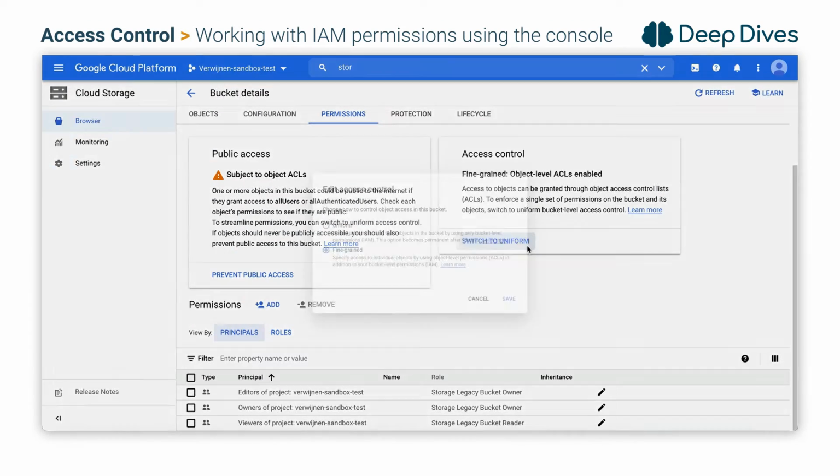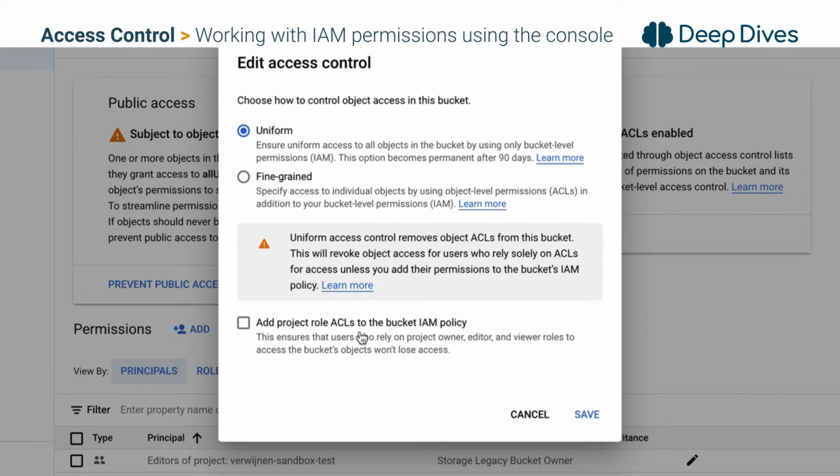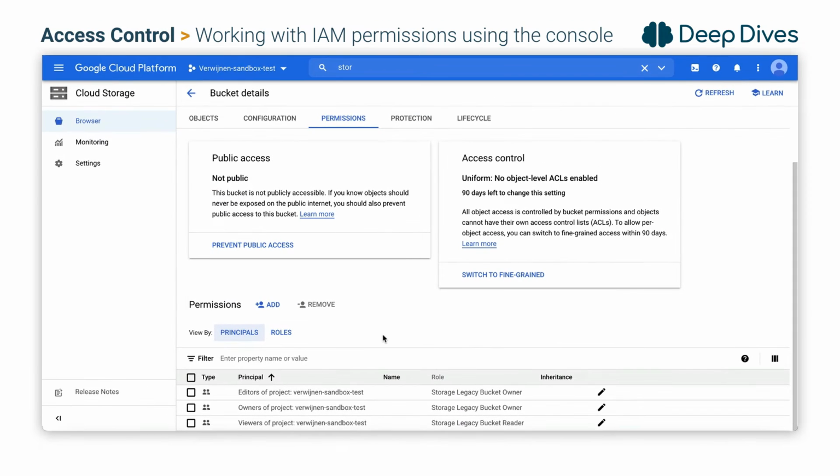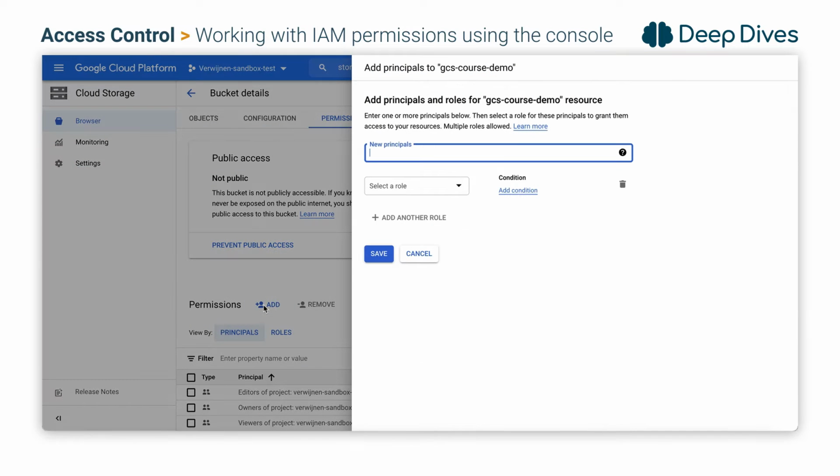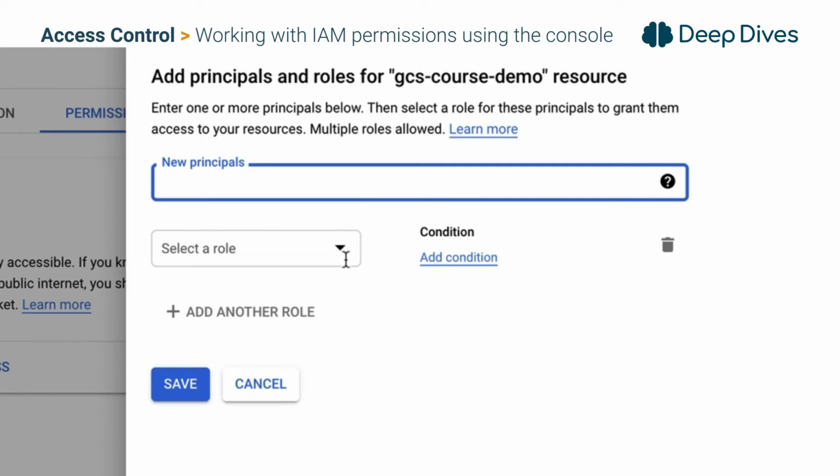So I'm just going to quickly switch over to uniform access just to make sure that we can demo a couple of further things. But basically the way that we can work with these permissions is that we can first of all add a principal. This is a basic IAM principle, so I'm not going to go through all of the details here. This is a larger topic that you might want to study up on with regards to IAM in Google Cloud in general. But let's just add the all users